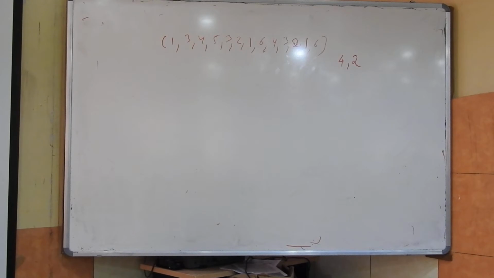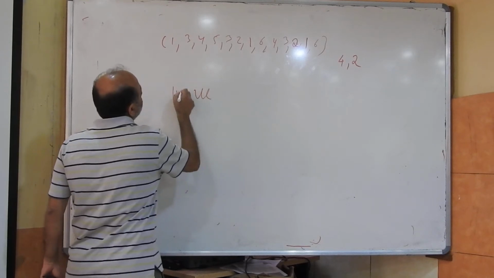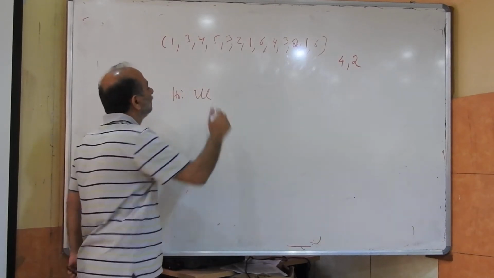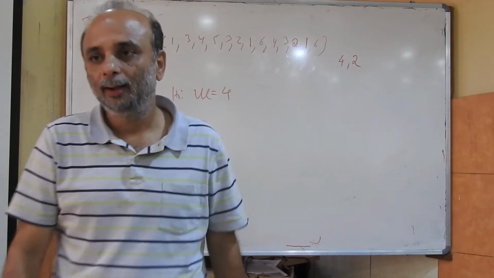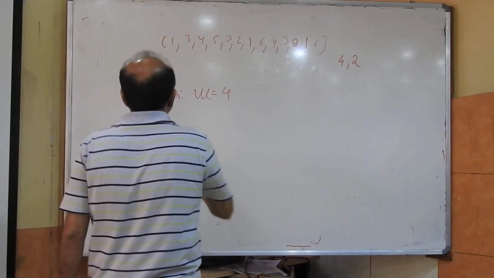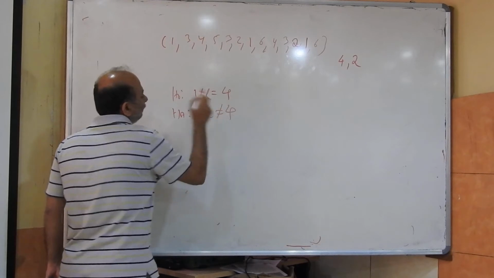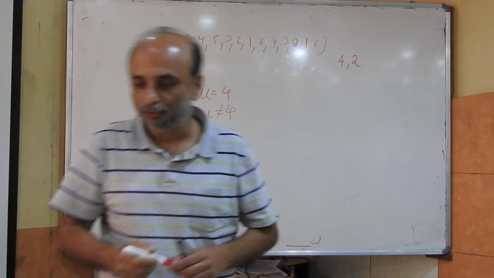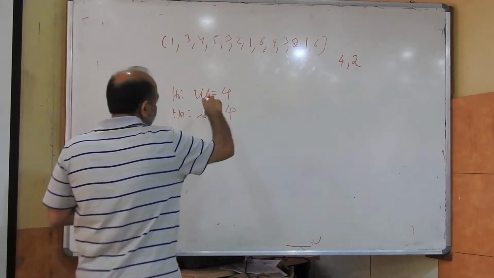So how will you solve this? X bar minus mu divided by... So first, your null hypothesis. This is a sample or it's a population? It is a sample. The null hypothesis: mu is equal to 4, against the alternative hypothesis, mu is not equal to 4. Now, if mu is equal to 4,